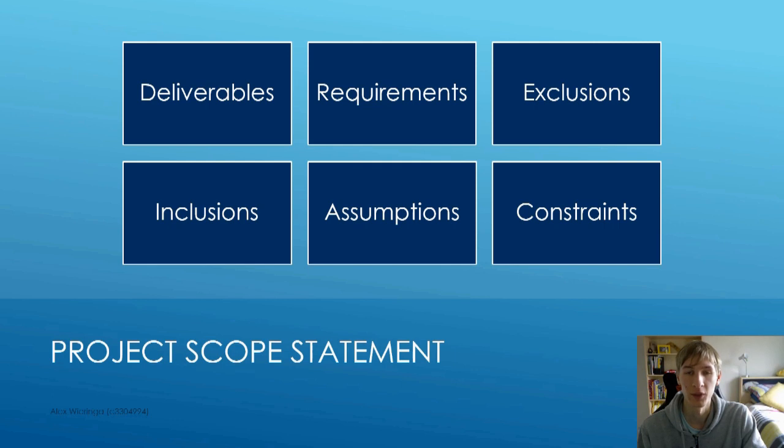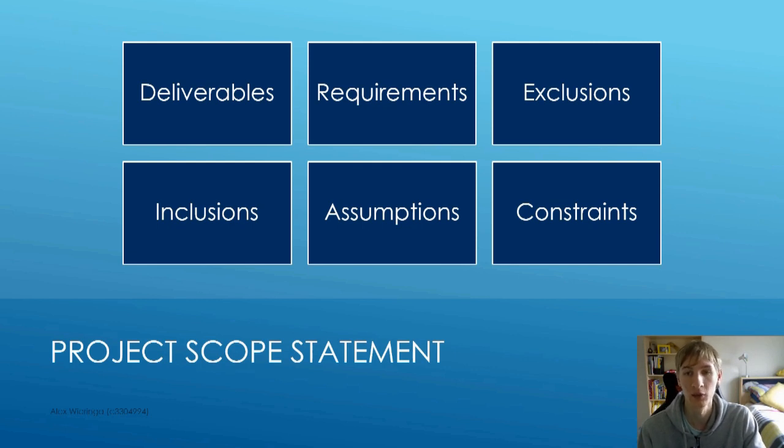The project scope statement provides an overall description of the purpose and objectives of the project. It also provides a clear set of deliverables and measurable requirements to ensure the project meets stakeholder expectations. This section should also include exclusions, inclusions, assumptions, and constraints of the project. Each of these are found at a high level in the project charter and should be expanded on in detail